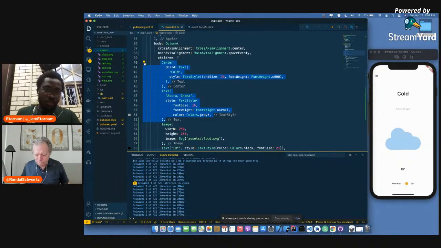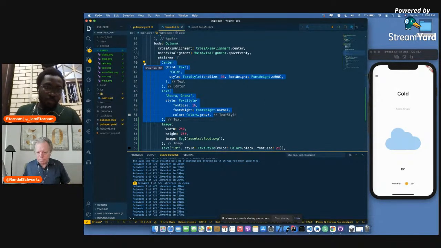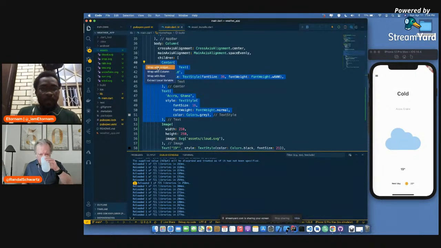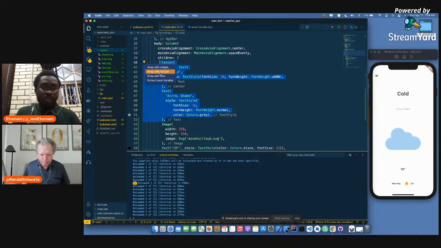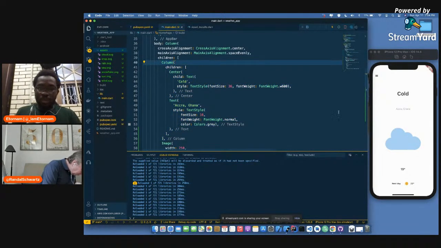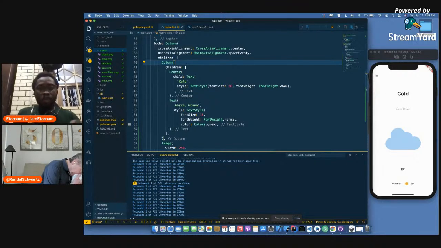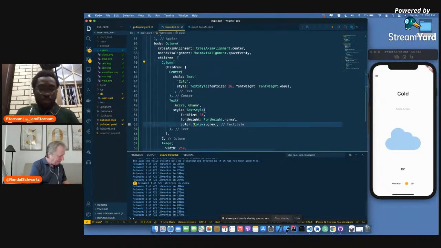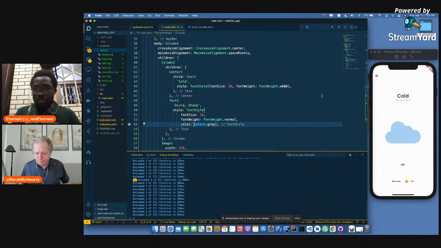You see this Bob icon over here, which says show fix. When you click on this, it gives you some options. You can wrap these two in another widget, in a row or a column. I want to wrap it in another column, so that these two things now look as if they're one widget. So now when I save it, as you can see here,